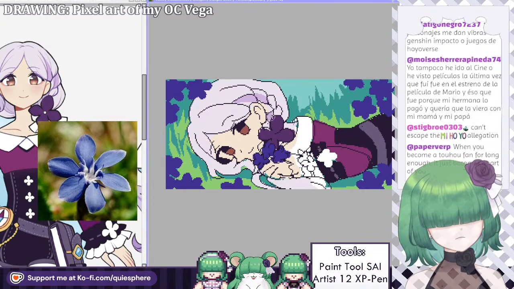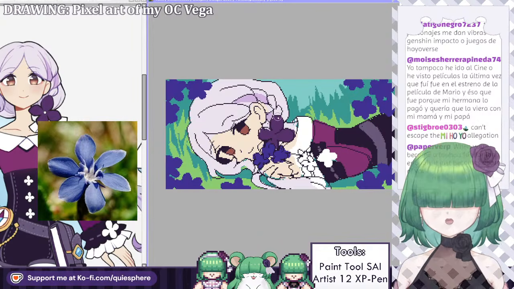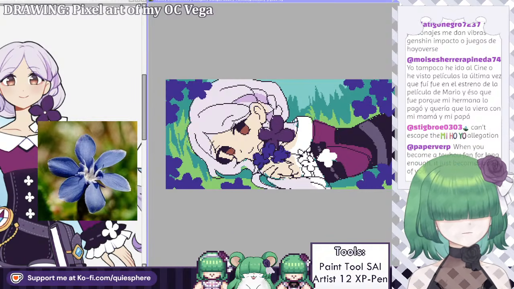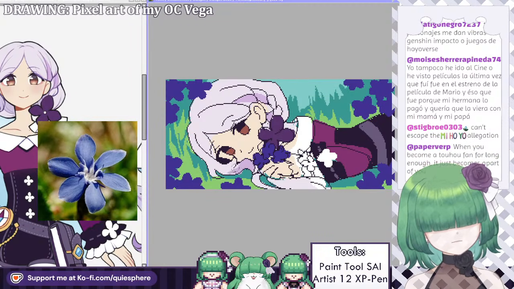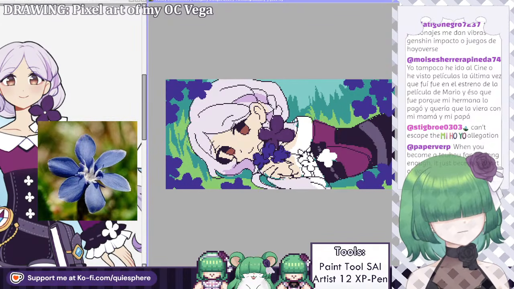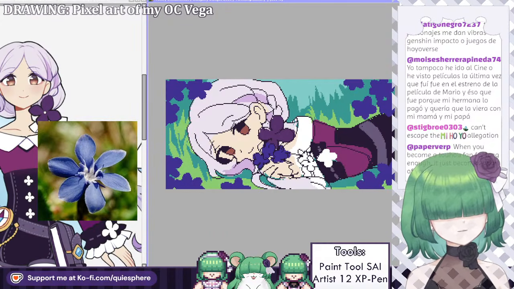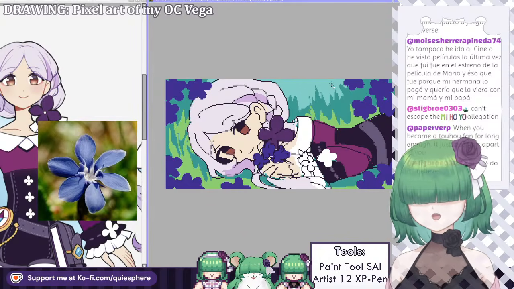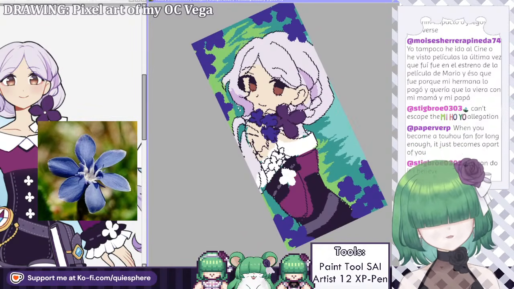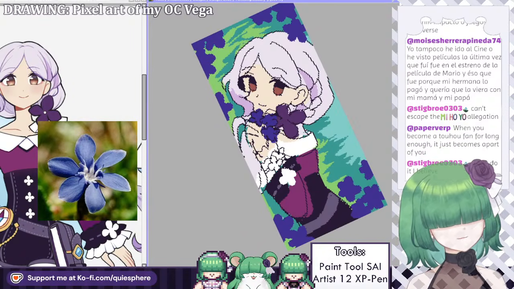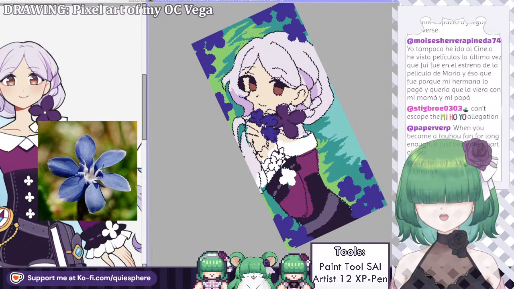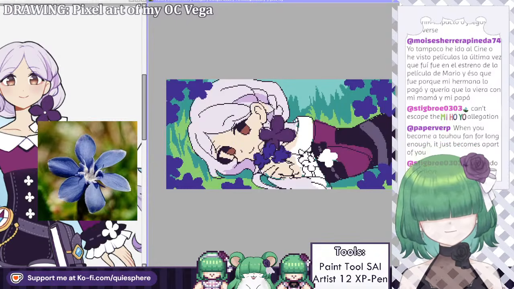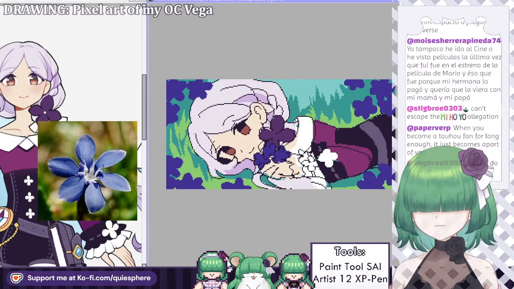So if this one doesn't come out right, we can always try something else instead. Si no me sale este dibujo, siempre podemos movernos a otro. Porque tengo muchas cosas por acabar y no sé si me va a salir a la primera. I don't know if it will turn out right first try. We'll find out. I don't like the color so far though.